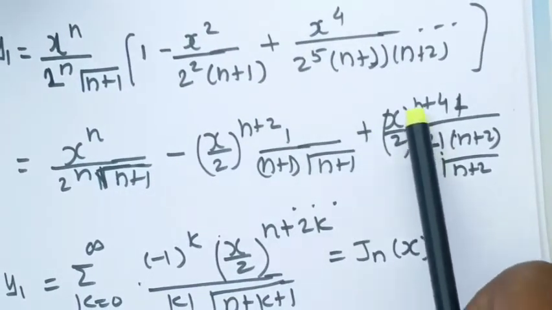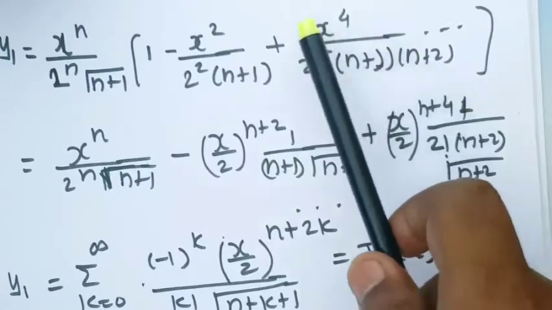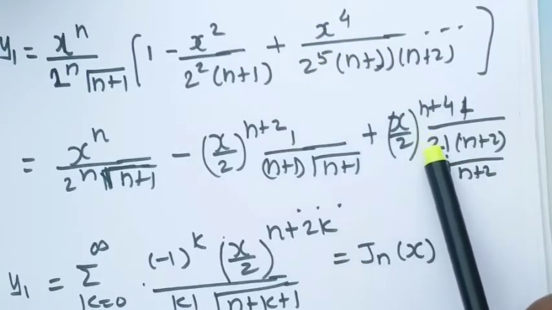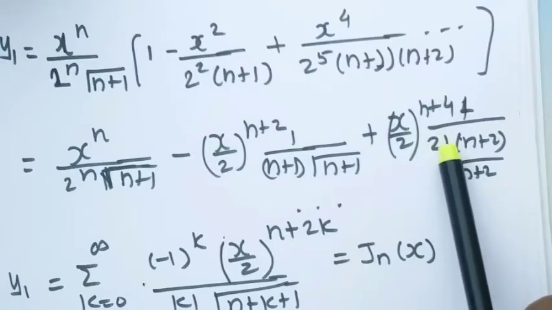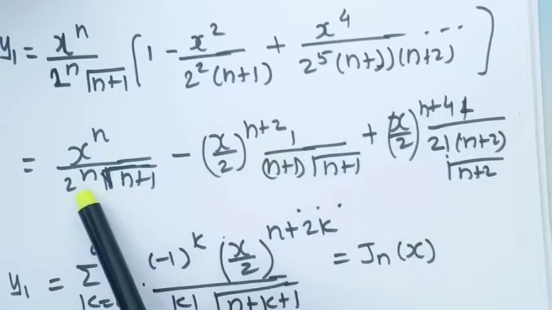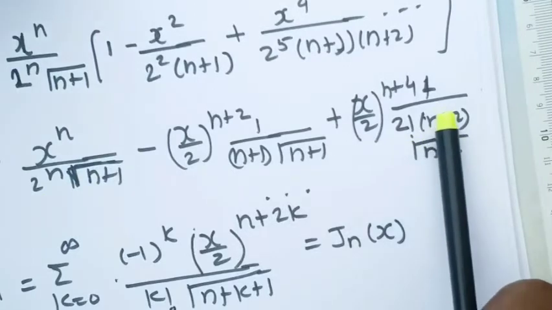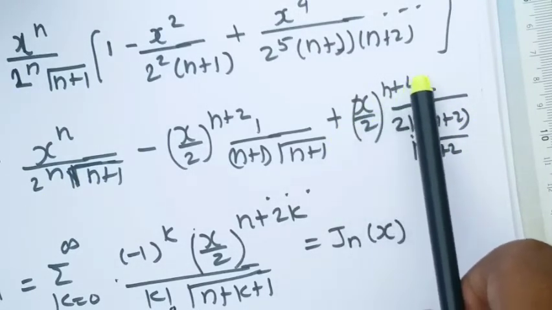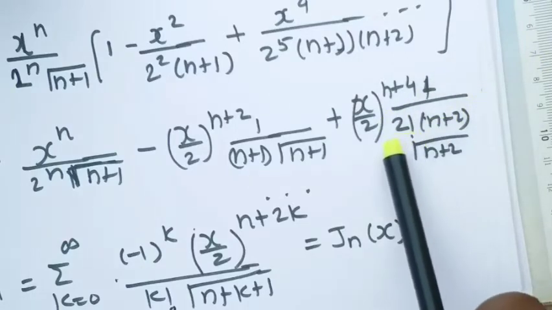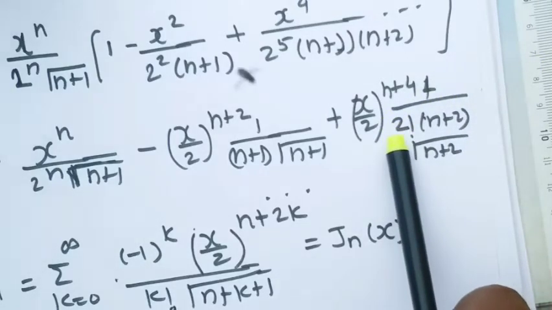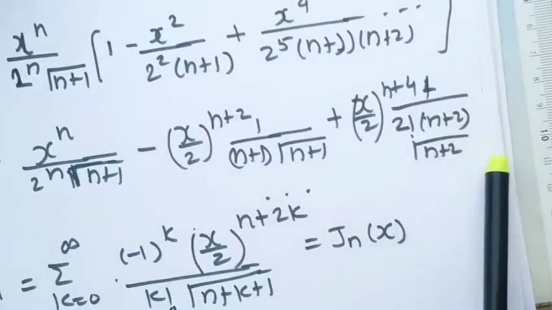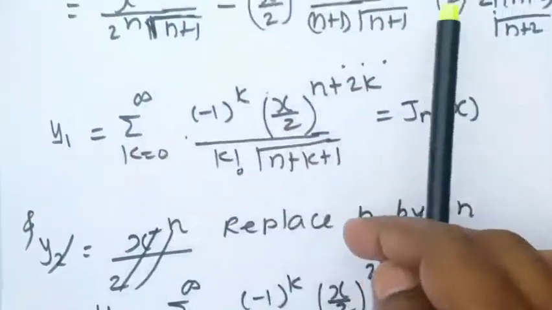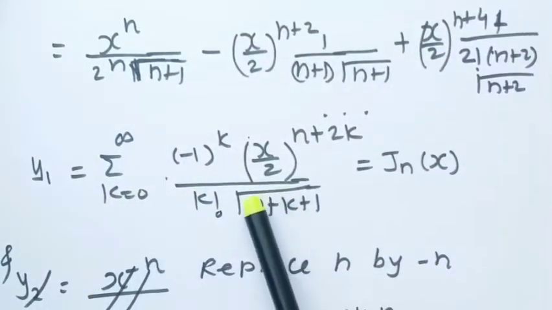Similarly, the next term is x by 2 raised to n plus 4, and here we have 2 raised to 5. So 1 2 will come outside, which I have written as 2 factorial. Here we have 1 factorial, here we have 0 factorial, and this is n plus 2 into gamma n plus 2. In the next term also we'll have x by 2 raised to n plus 6, with a minus sign, and here we'll have 3 factorial, and n plus 3 into gamma n plus 3. You can check that also. Now I have written all the quantities in terms of a summation.